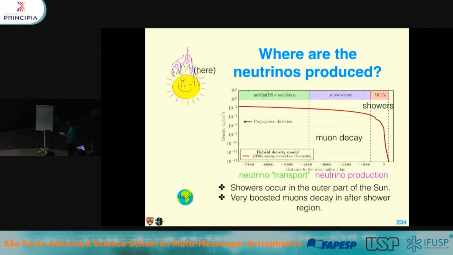And then what you have to do is solve what's known as the neutrino transport problem. So you have to track these neutrinos throughout. And the reason this is not trivial is because you have to take into account that the neutrinos in the sun, if they have high energy, will actually interact in the sun, and they will actually also oscillate in the sun, because now the size of it is not large.